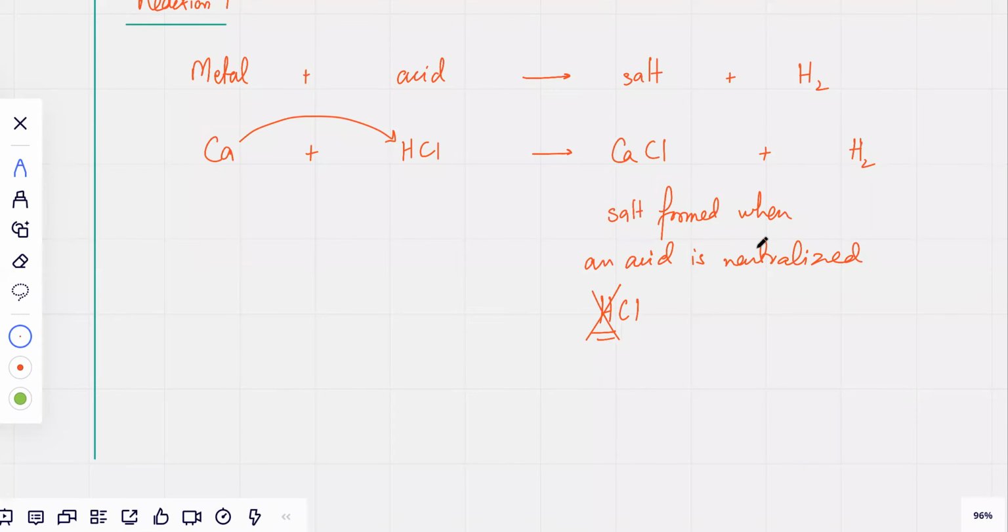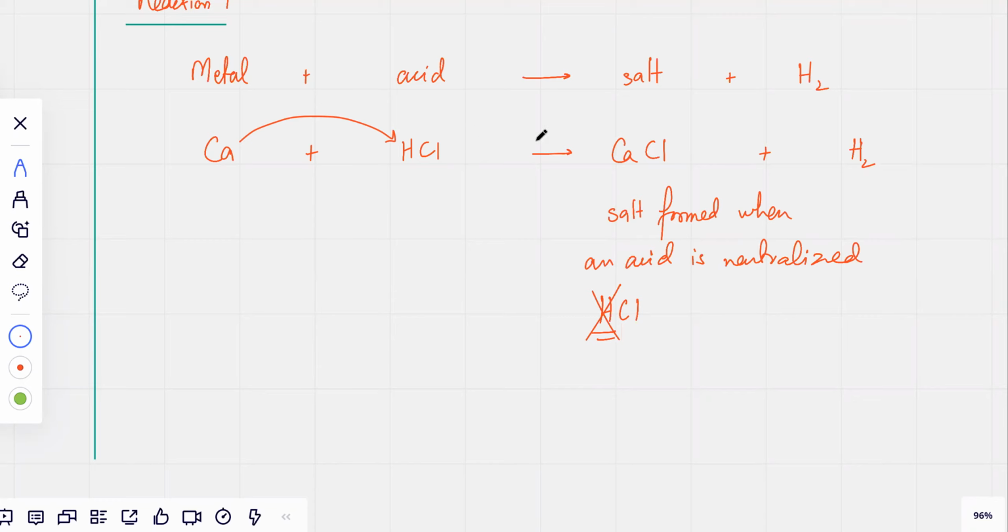H को डिस्प्लेस कर देता है क्योंकि वो हायर इन रिएक्टिविटी सीरीज में. हाँ वो भी है लेकिन exactly वही है ठीक है. Okay, sir. But details later ठीक है. I'm just saying that calcium would come in and it would. Right now we're just interested in the equation ठीक है, not the detailed story. Okay, sir. So